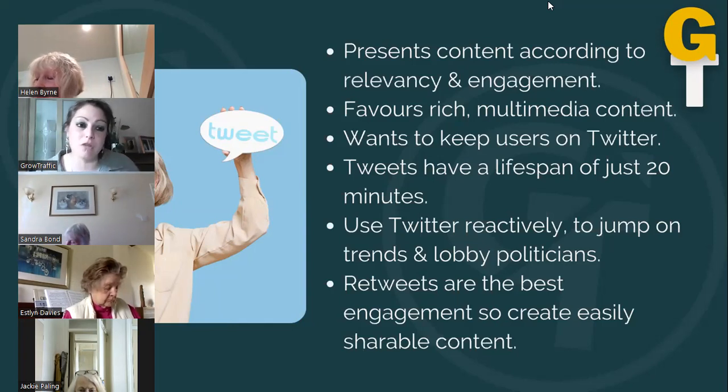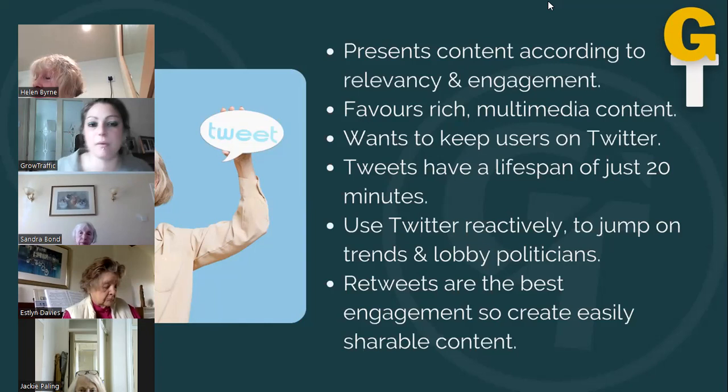If we are talking about menstrual equity, you might think of a series of tweets where you are highlighting some statistics about period poverty, how many girls miss school every month because of period poverty. And over the course of a month, you might tweet your MP or whoever to say, here's another fact about period poverty, here's what we're trying to do, we're trying to get free period products into every toilet, this is what we want you to do. Little short snappy messages that will form part of a larger campaign, but you're using Twitter as that means of broadcasting and lobbying.